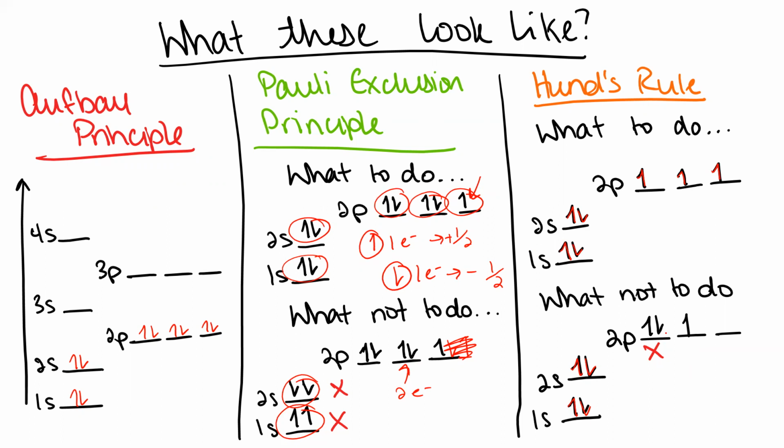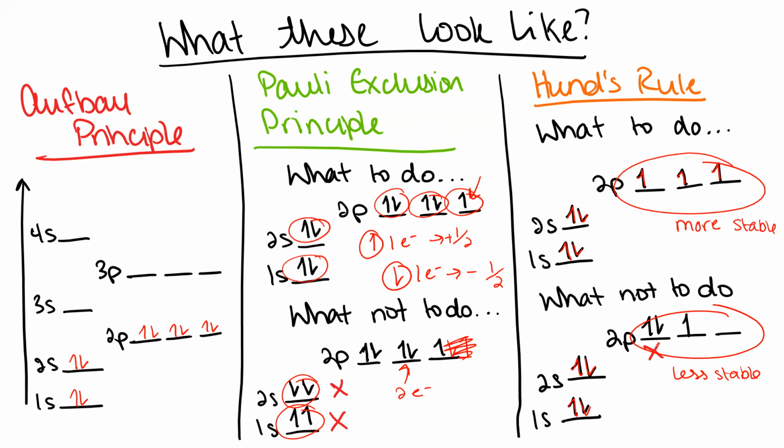You can't. Why? This actually has an energetic basis. What do I mean by that? I mean that this is more stable. This is much less stable. Because what it means is we're sticking 2 electrons into an orbital together, sticking 1 other electron into another orbital by itself, and then leaving a 3rd orbital empty when we don't have to. We've got 2 electrons in close quarters, another electron by itself, and an empty orbital. This just does not